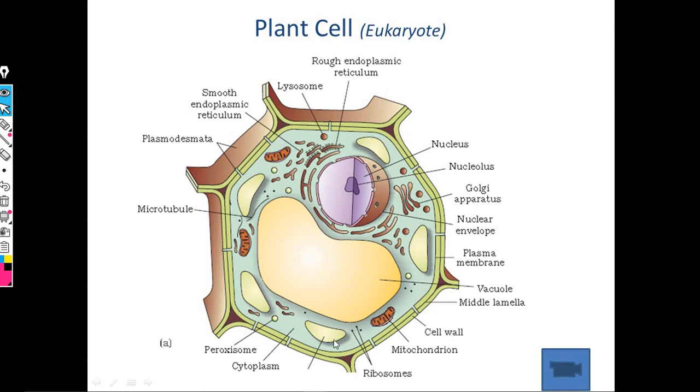And the last one here, you can see that this is the chloroplast. Here it is not shown as a double layer structure, but definitely you need to remember that, just like mitochondria, chloroplast also has DNA. That's called plastidial DNA.